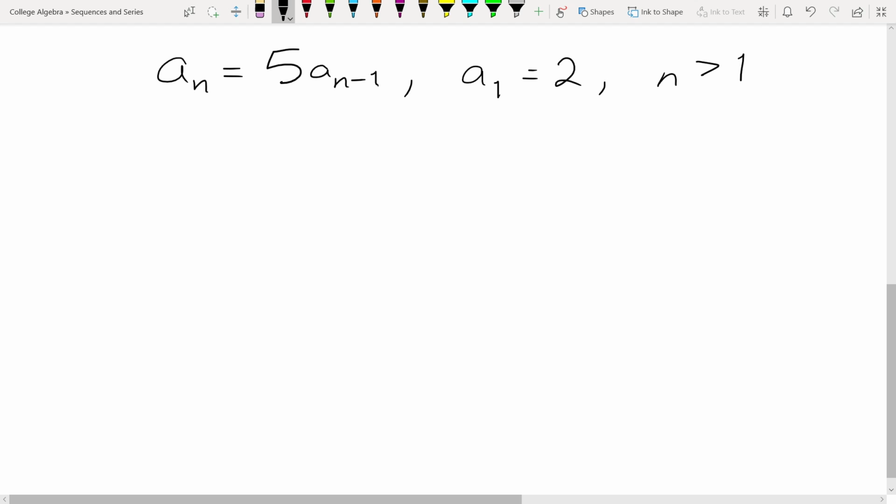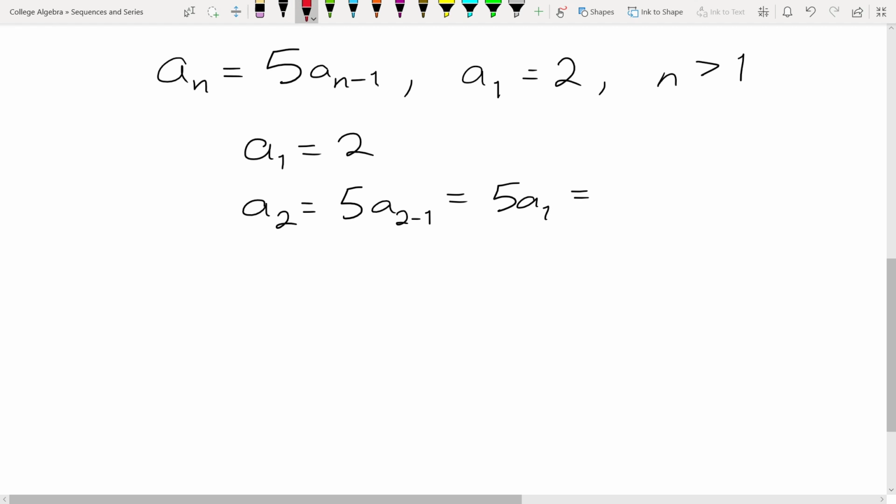So if a1 equals 2, then what does a2 equal? Well, it equals 5 times a(n minus 1), which is 5 times a1. And we know what a1 is, right? a1 is just 2, so that gets plugged in. 5 times 2, which gives us 10. Okay, so a3